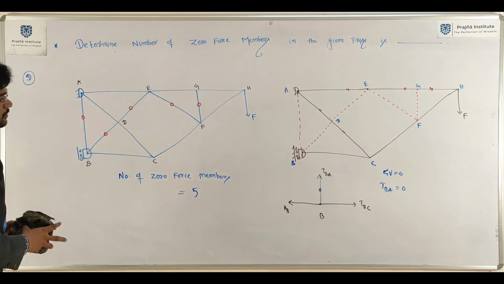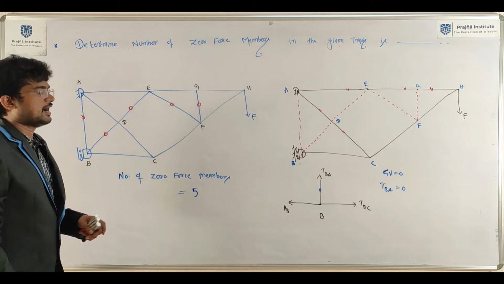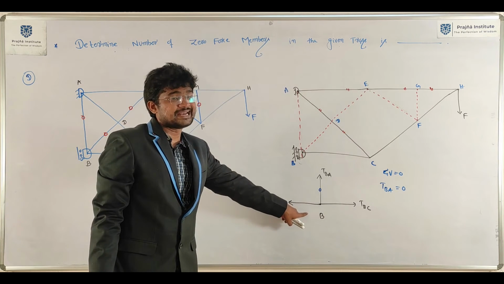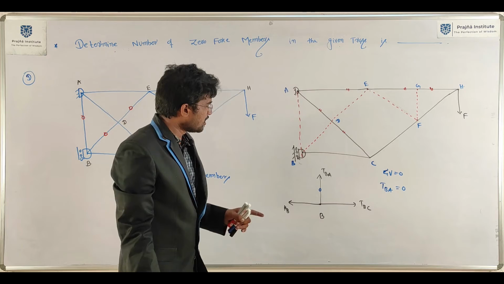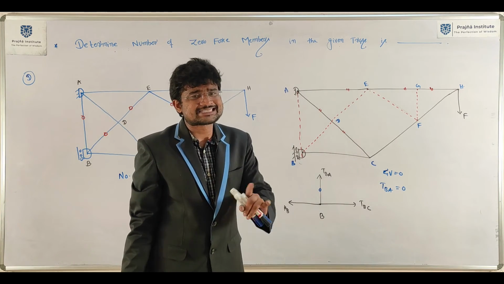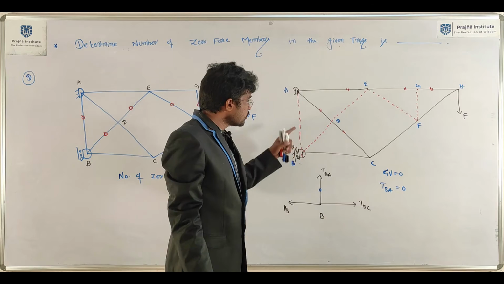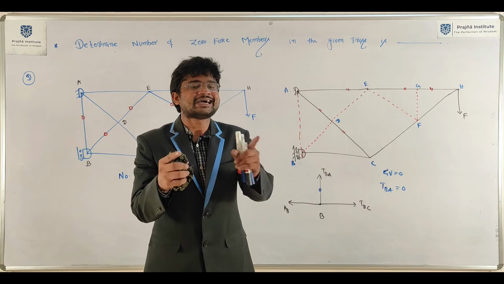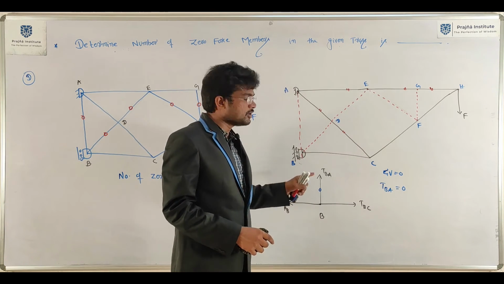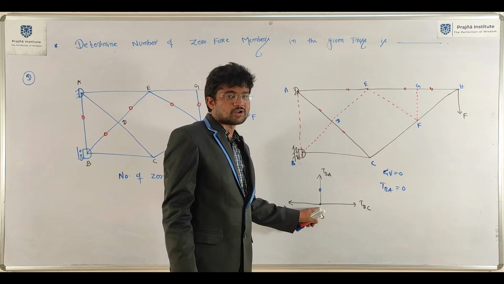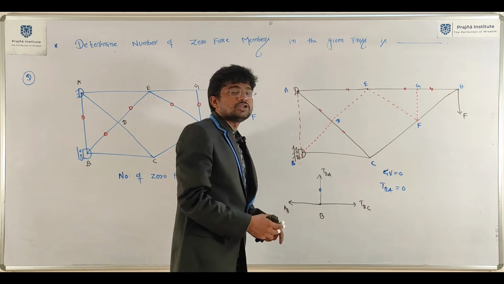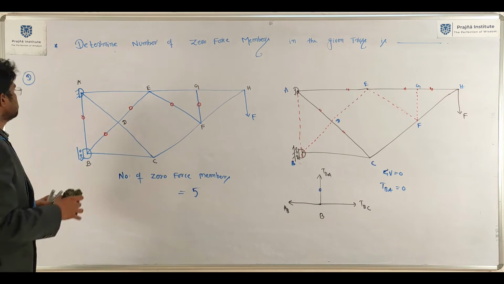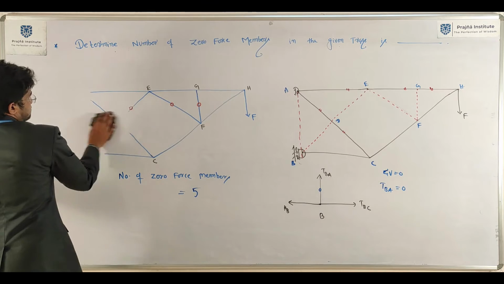Next. If a roller support is there, then incorporate all support reactions in the free body diagram, and you will definitely get it. Whether you get it or not doesn't matter, just check it once. If you get it, it is fine. So if a roller support is present in the truss, just have a look at the free body diagram at the roller support, you may get a zero force member. But the three members rule is certain. Okay? Next, question number E.